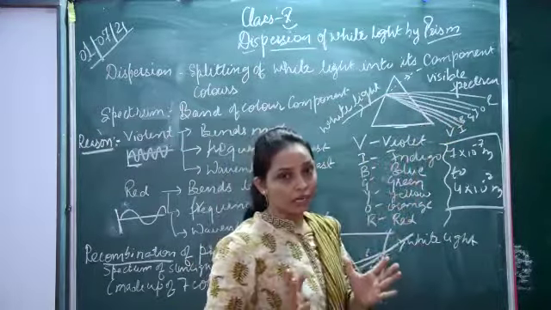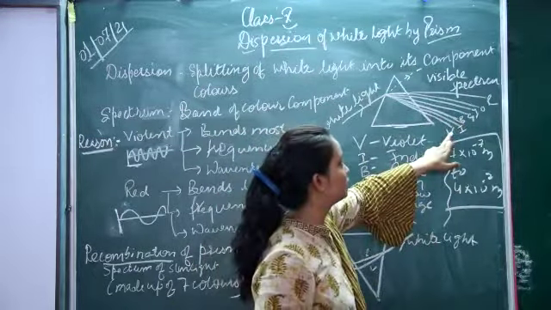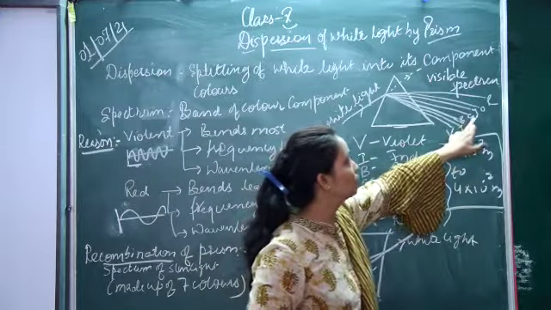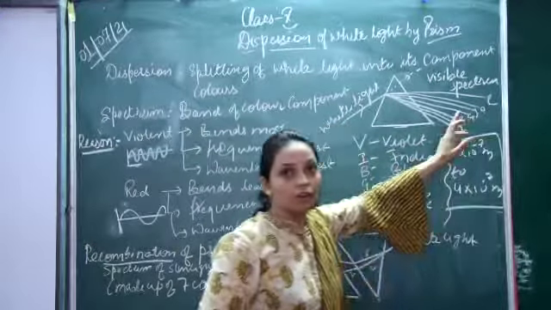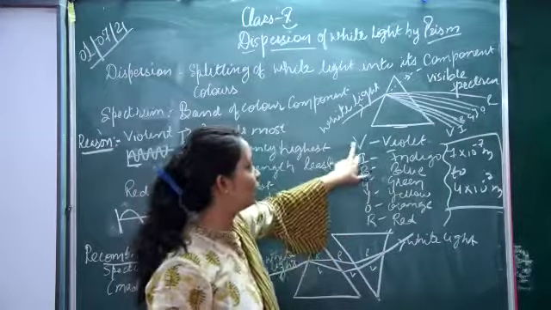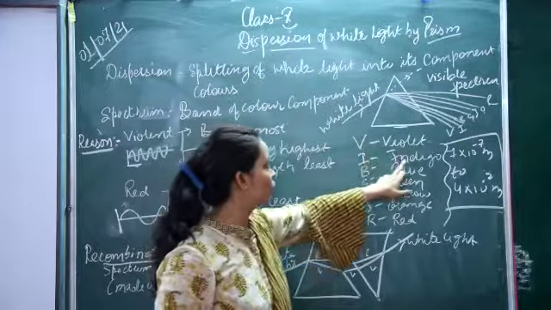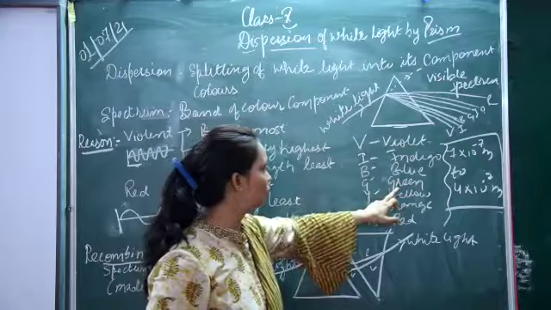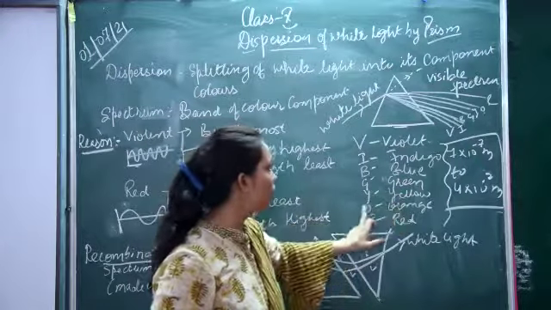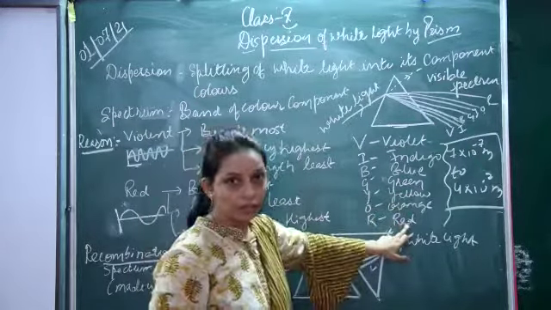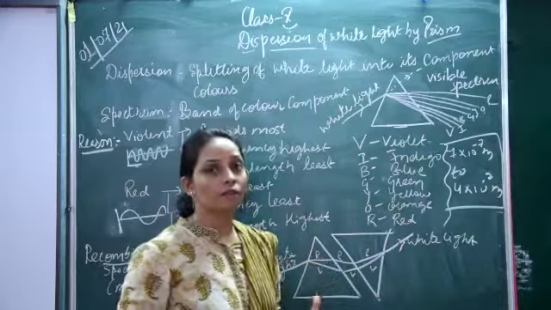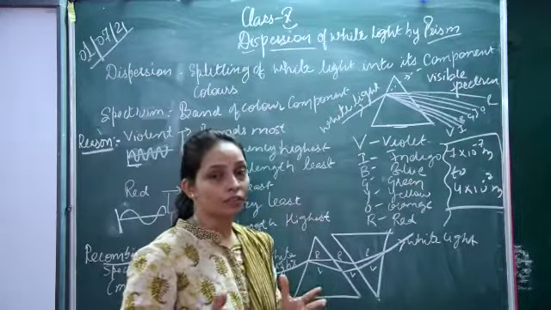The color combination that is obtained after refraction is violet, indigo, blue, green, yellow, orange, red. What do these letters mean? V means violet, I for indigo, B for blue, G for green, Y for yellow, O for orange, R for red. This is the spectrum, that is, the band of 7 colors that is obtained after the splitting of white